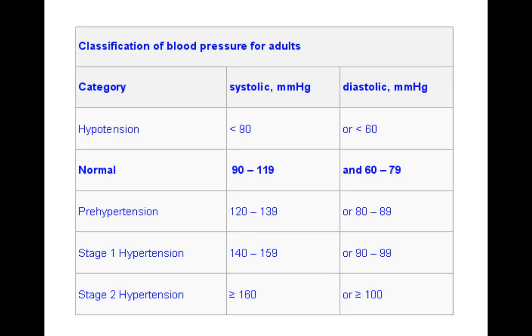If it's up in that stage 1 category, what I'll do is I'll just kind of watch them for their next visit and then tell them to bring blood pressure measurements in or come into the office and get their blood pressures measured. And, you know, I like to tell them to go see the firefighters. Sometimes the firefighters will take their blood pressures at the fire stations, or go to Walmart or the pharmacy. They always have blood pressure cuffs there, and then record them and bring them back to me. Anytime I prescribe hypertensive medication, I make sure that I bring them back in 2 weeks so I can check their blood pressures.